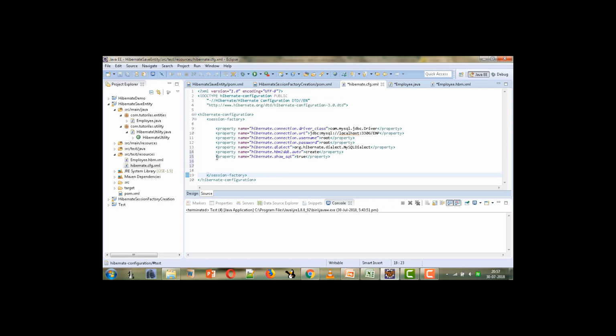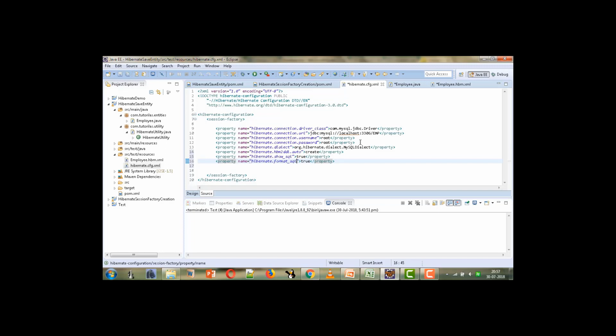And we can give one more property if we want the SQL statements to be displayed in a formatted manner. So for that we will give here hibernate.format_sql, sorry, format_sql, and again we have given true.